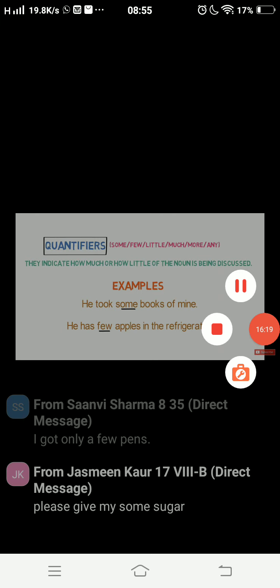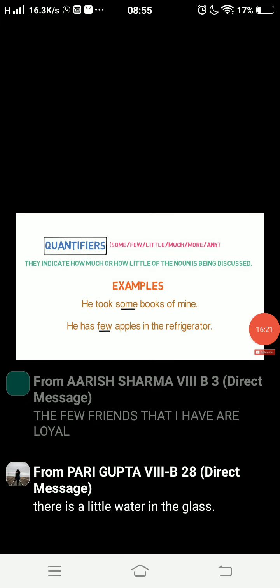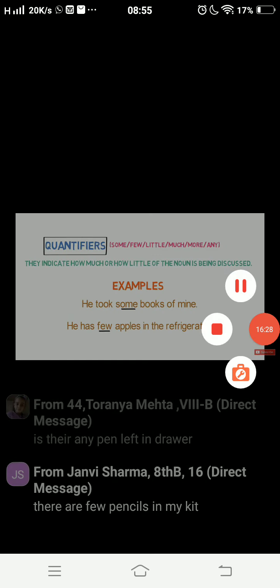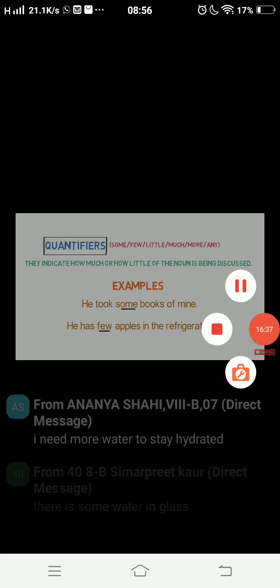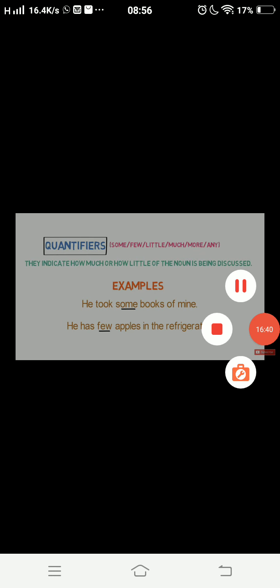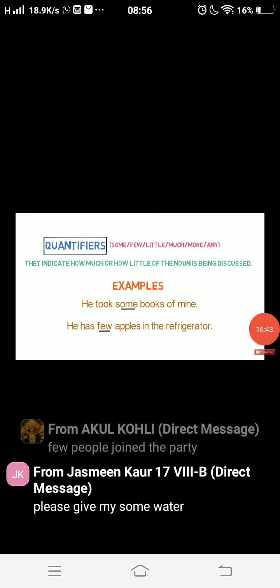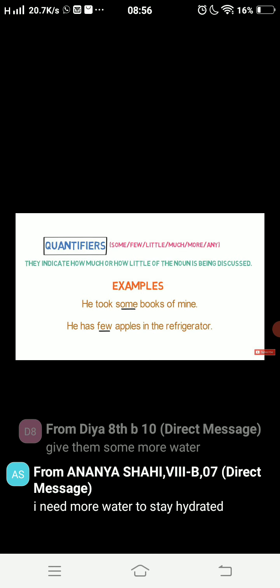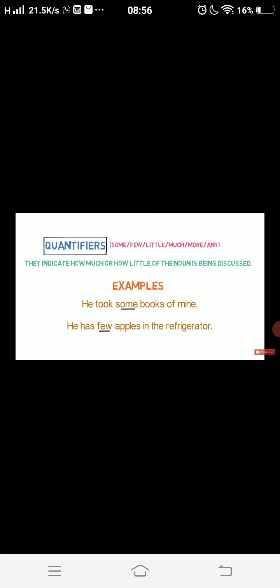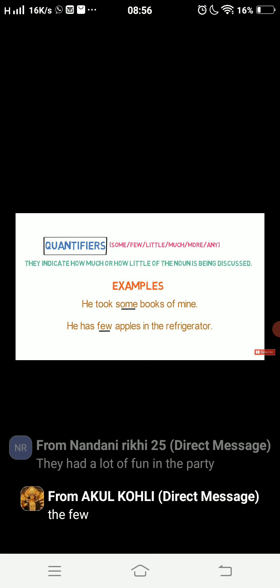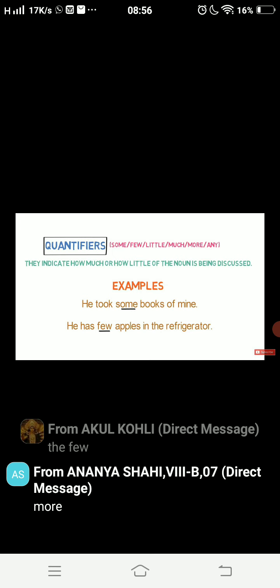Yes. Give me more examples of quantifiers, determiners of quantity. Yes. Very good, Parigupta. Good, good. Keep it up. You have been doing this topic for so many years, so you should be very active while giving answers. You should have a lot of knowledge. Yes. Simarpreet, Akul, Jasmine. Yes, all examples I am reading. Yes, so many, a few, several, much, a little, the little, most, enough. All these words you can use to write down your examples.